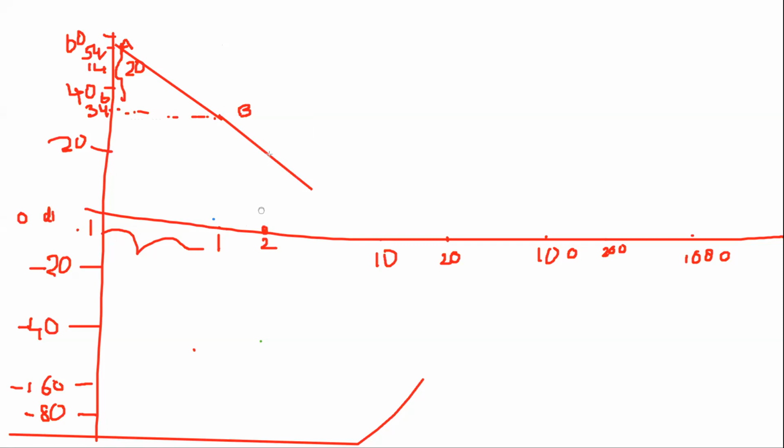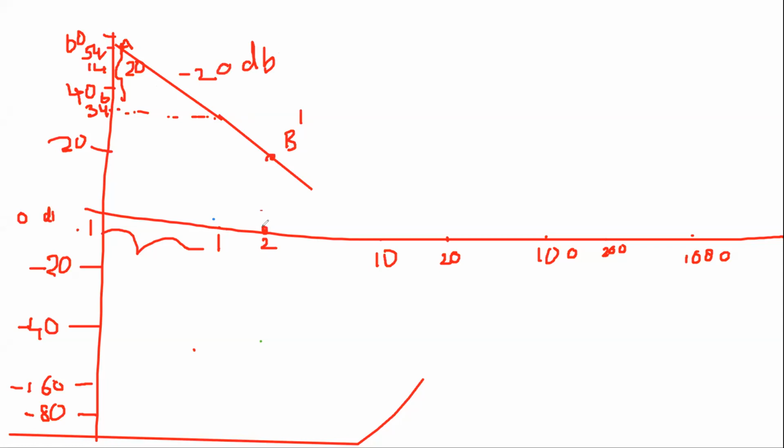So I have to note down, this is somewhere here. I'm intersecting that with my corner frequency. So this is a point of interest for me. This is B dash. So I don't want this B anymore. I'll remove this B. So what I did, I have a line, I have extended it up to 2. So at 2 is the point of interest of first corner frequency. So I put it as B dash, and I'll say that this is nothing but minus 20 dB per decade at 54 dB, and it is up to first corner frequency.